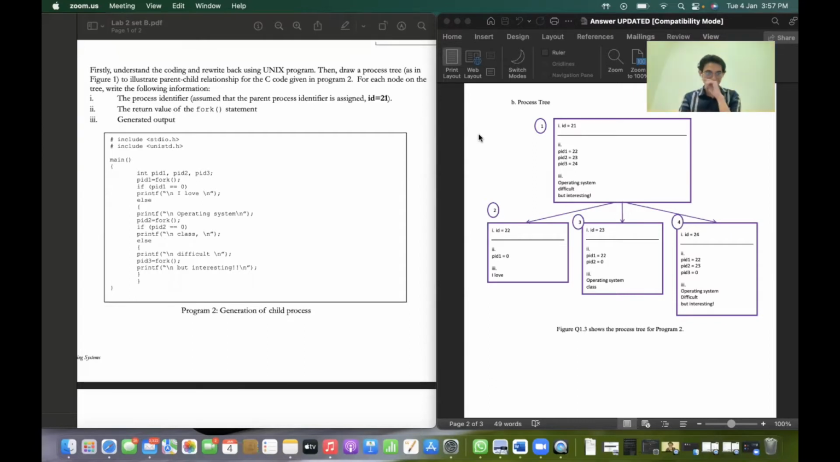So the first thing is we assume that the parent process identifier is assigned, which is ID equal to 21. So when the parent process ID is equal to 21, the child process PID1 is equal to 22, PID2 is equal to 23, PID3 is equal to 24. So for the output